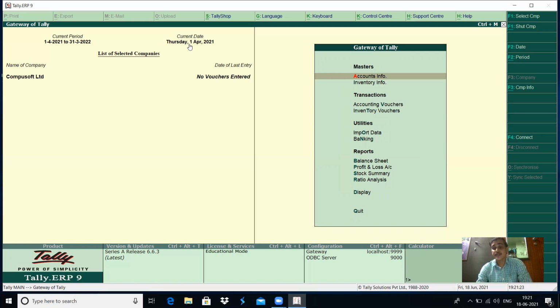But here in the computerized accounting system, what happens? First, we create the ledgers, classify them into the appropriate account groups, and then we go to the voucher entry. Classification first, then recording. This is the major difference between the computerized accounting system and the manual accounting system. For example, I want to create a ledger account, say furniture account. That furniture account ledger I will create first and classify it under fixed assets.